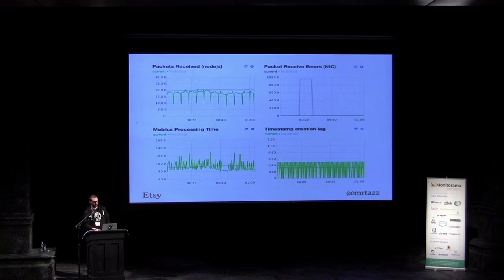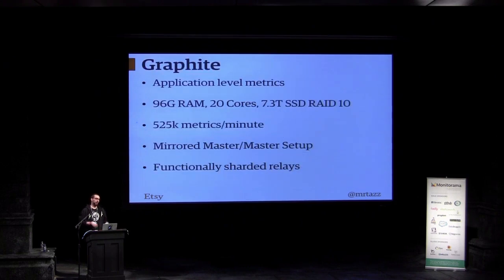And speaking about Graphite, Graphite for us means application level metrics. We don't usually have system level stuff in there. Everything that's in Graphite is usually related to the application. We have two boxes, each with 96 gigs of RAM, 20 cores, and 7 terabytes of SSDs, because running Graphite on SSD makes you really happy because it's fast. We add about 500,000 metrics per minute on there, and we recently scaled it up because we had problems with